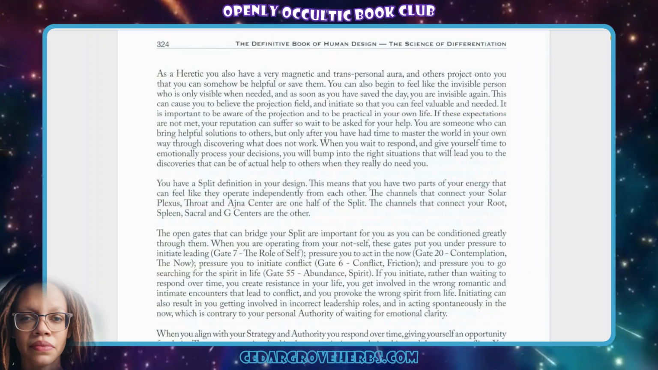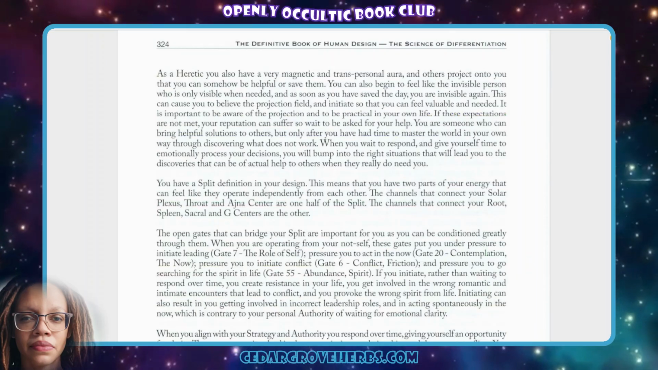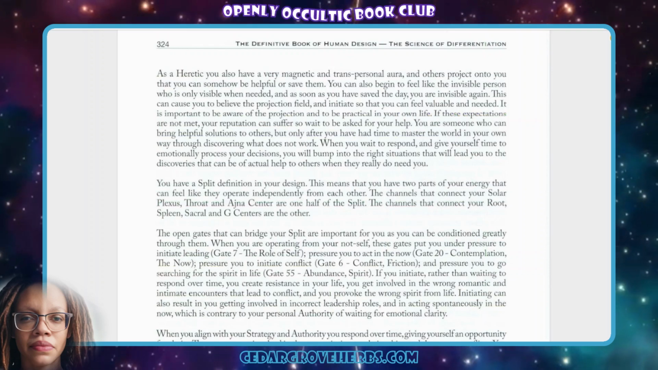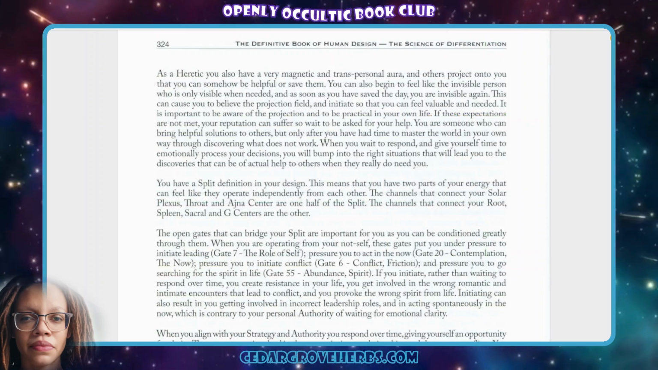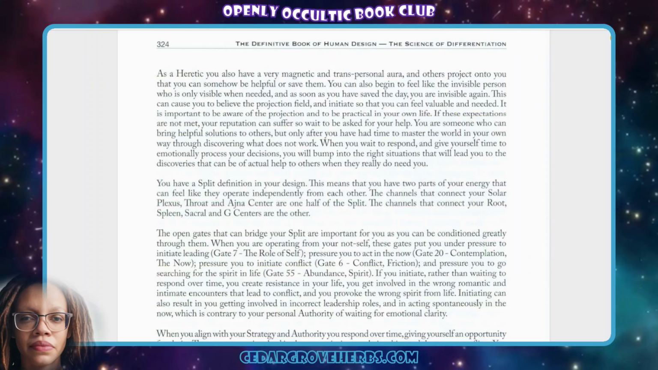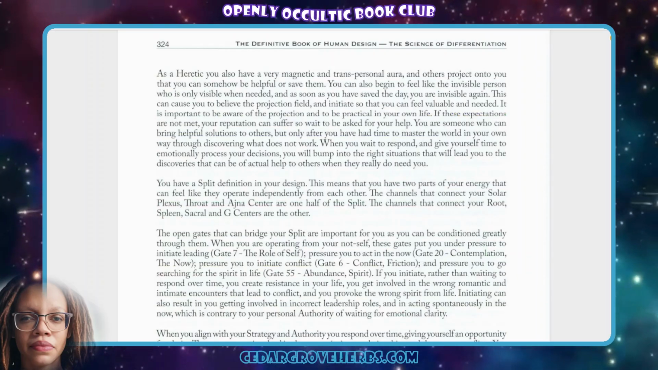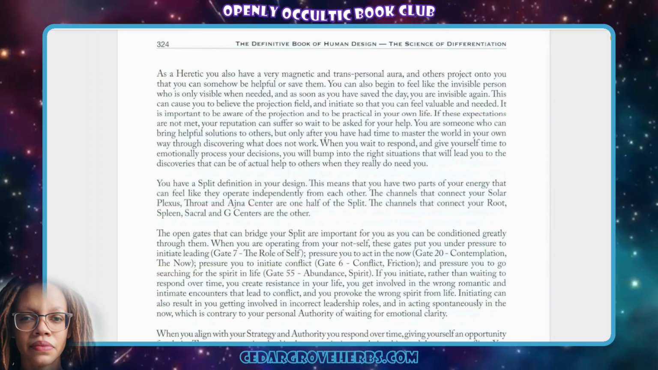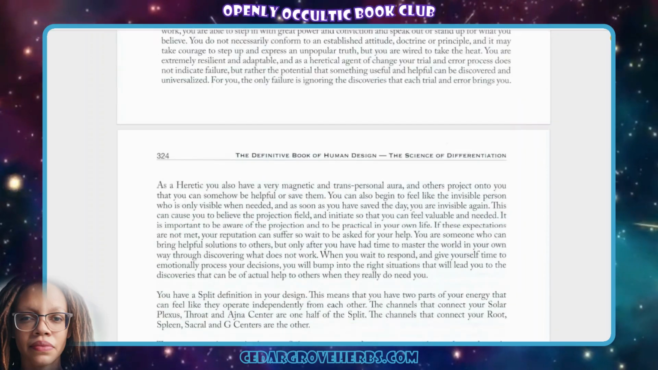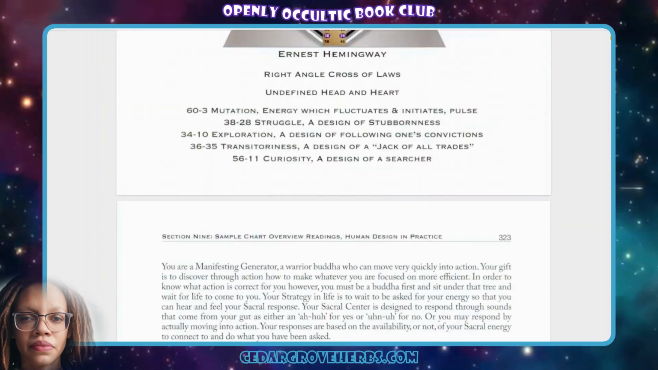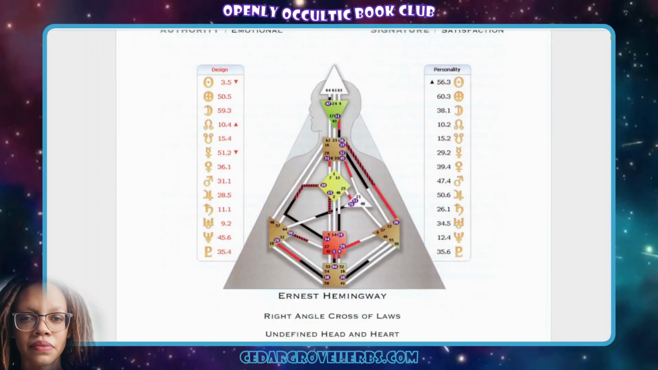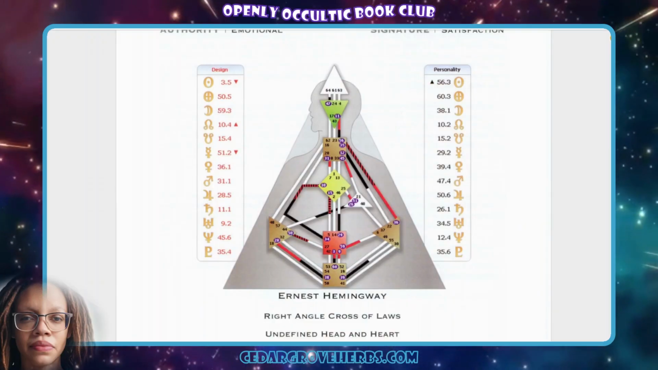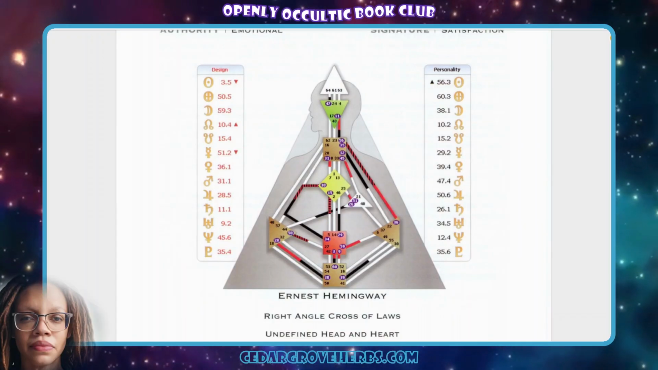And also, last but not least, Gate 55. They don't have Gate 55. So they feel the pressure to go searching for the spirit in life. If they had this Gate 55, which is abundance in spirit, it would have a continuous flow through all their defined centers. Gate 55 is located